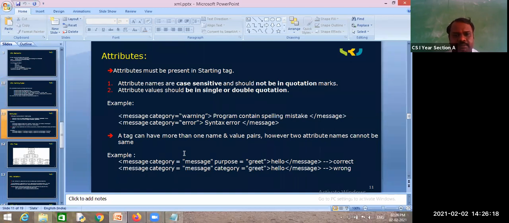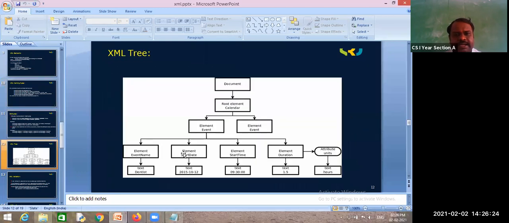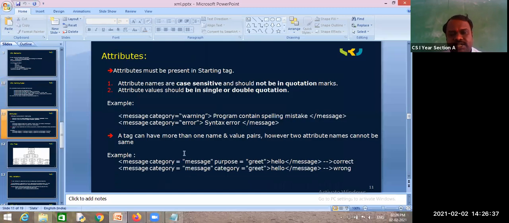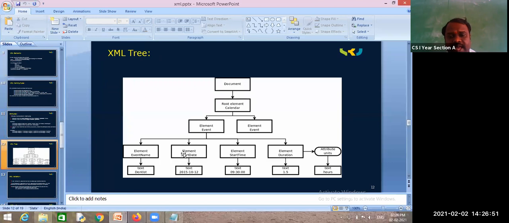And we have seen attributes also, how to write an attribute when it is 1 or 2. Next we will go for the XML tree. This is another example, I will tell you how to prepare an XML document by using trees. Tree is nothing but we start with the root and write the diagrammatic representation of your XML document. Why do we need this? This diagrammatic representation gives us easy understanding of our XML document.